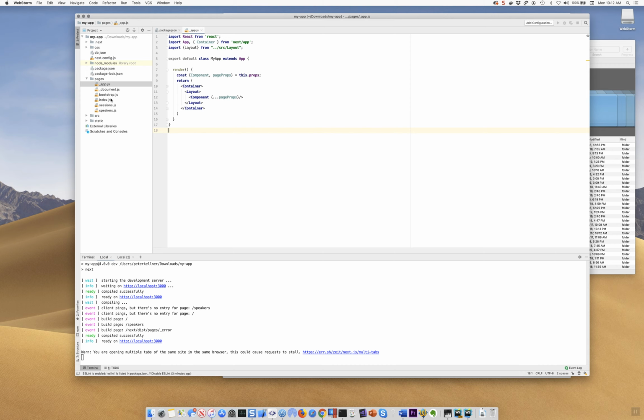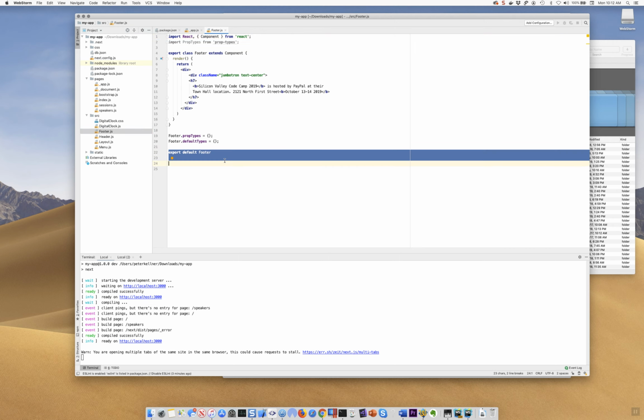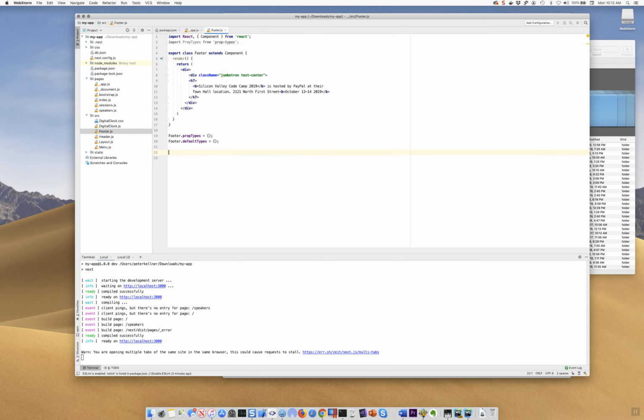So oddly enough, in Windows, there was an error on the footer page. And it's funny it didn't show up on the Mac, but okay. Export class footer and then export default footer. Those are sort of odd things to do. You should really just do one or the other. So I'm going to get rid of export default footer because that shouldn't be there. And then export class should make it so that footer, if I look in my app.js,